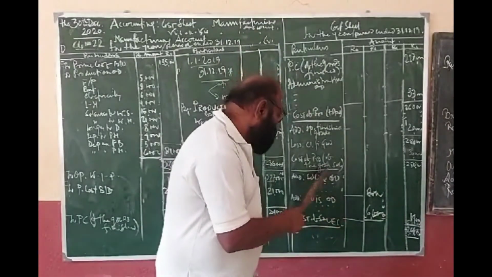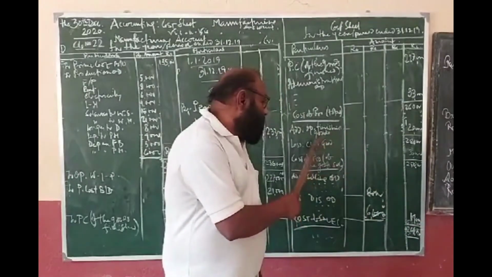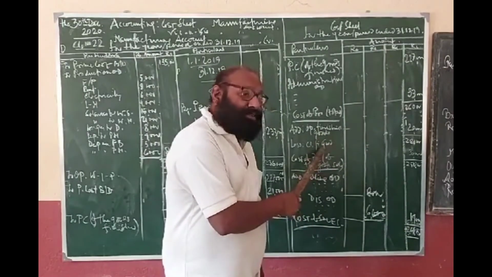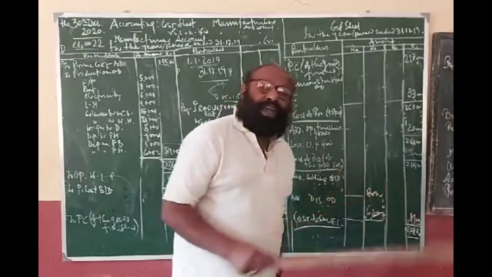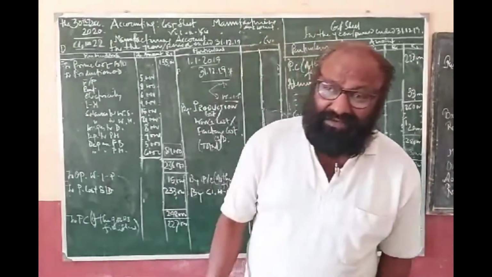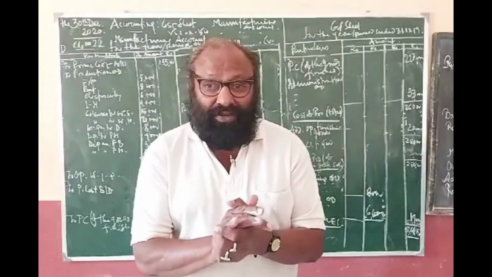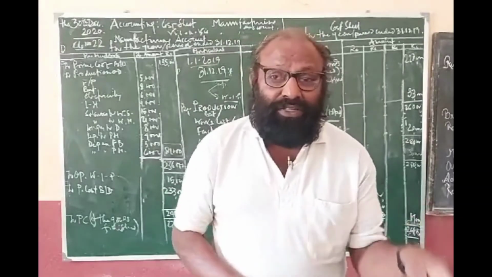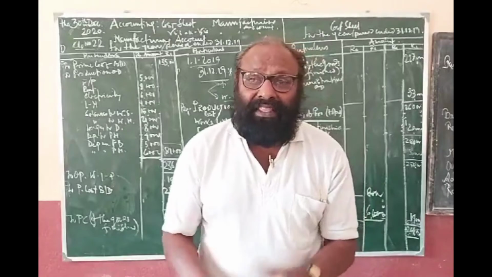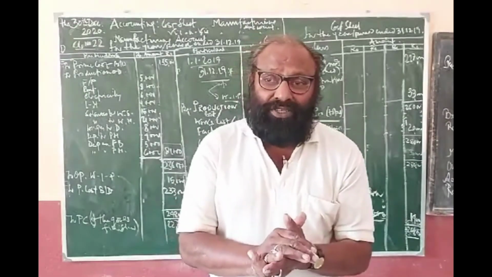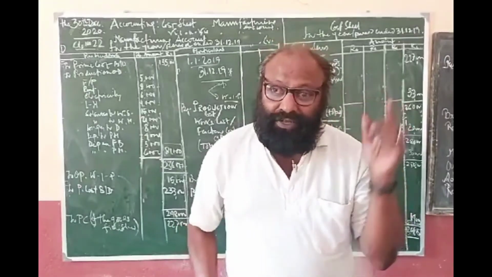So to the cost of total production, we should add opening work in progress and less closing work in progress. We have got the cost of goods. To cost of goods, we should add selling expenses and distribution expenses. Okay, and thereby we get the cost of sales. And to cost of sales, we would add our expected profit percentage, and thereby we will get the sales price. So that is more or less everything with regard to the cost sheet.